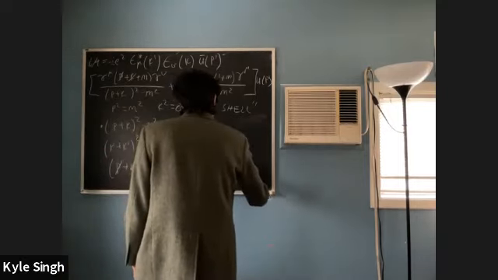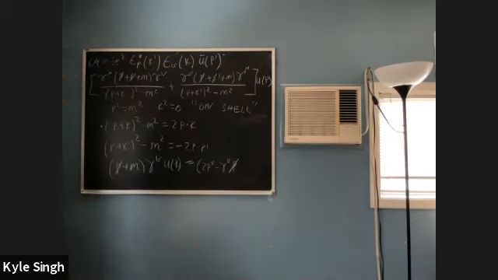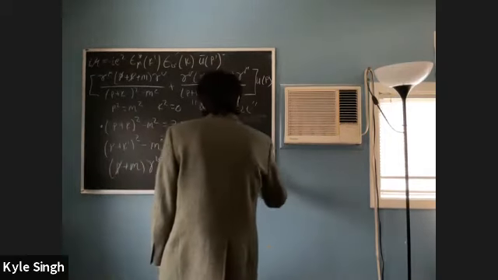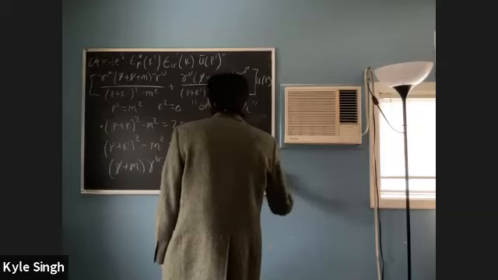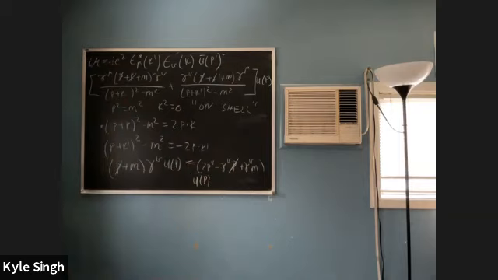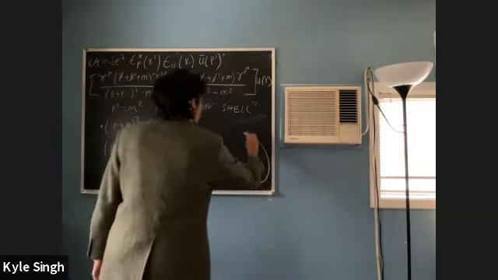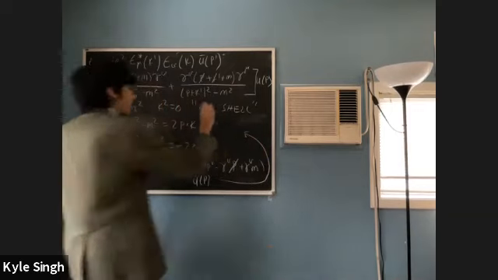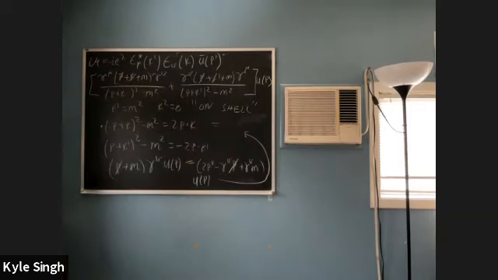Minus gamma mu p slash plus gamma mu m with p. Just multiplying this guy. And I'm just going to finish manipulating this up here. And this equals